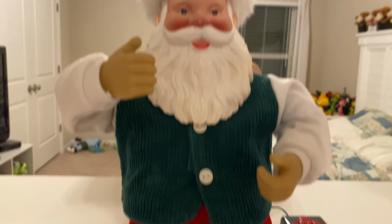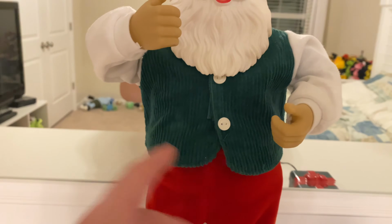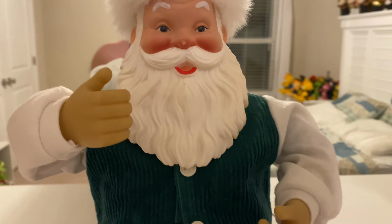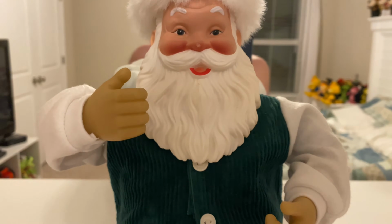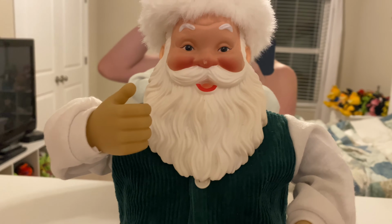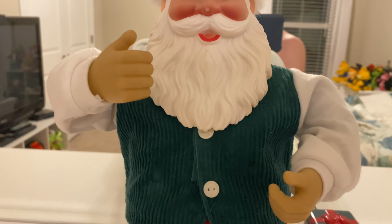Now, the Smart Industrial ones look a lot more similar to each other. They do look pretty similar. It's just that the vest is different sometimes. But still, the different Smart Industrial ones have different songs, which is the same for the Christmas Fantasy ones, but the Smart Industrial ones with their different songs, those songs just feel even more diverse than, say,